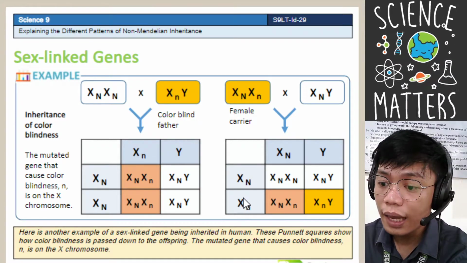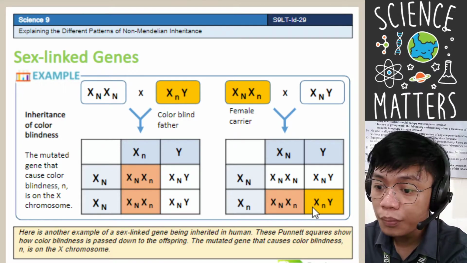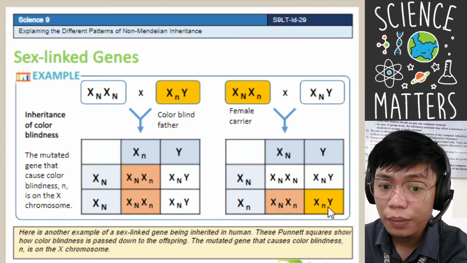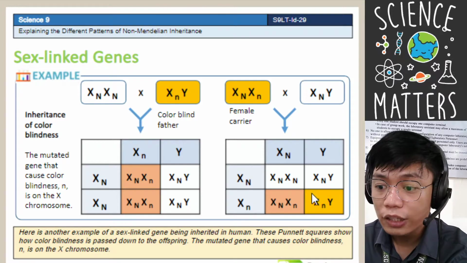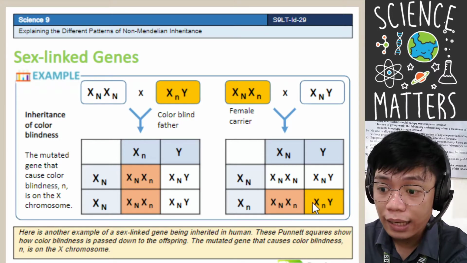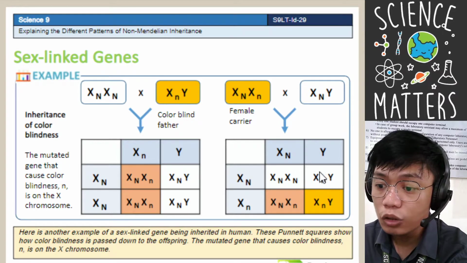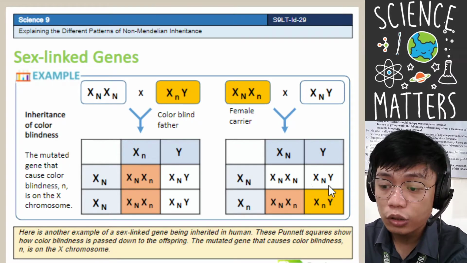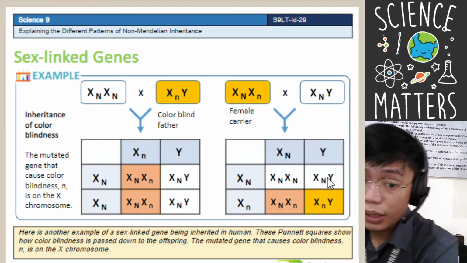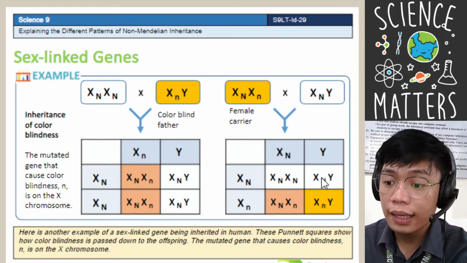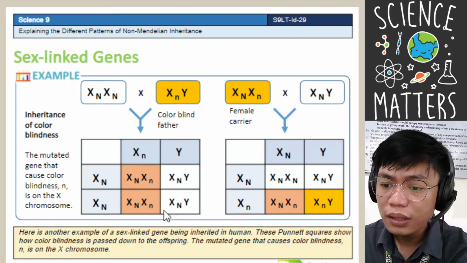We have also the X and Y, whereas meron yung recessive gene sa kanya, so magiging colorblind yung magiging anak nilang ito. Okay? Next, we have the X and Y, so magiging normal yung colorblind nito. Or magiging normal yung mata ng anak nila. So, to cut the story short,